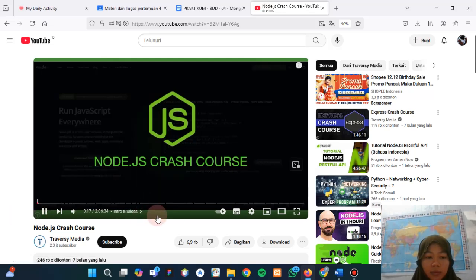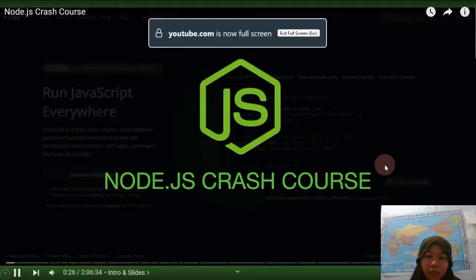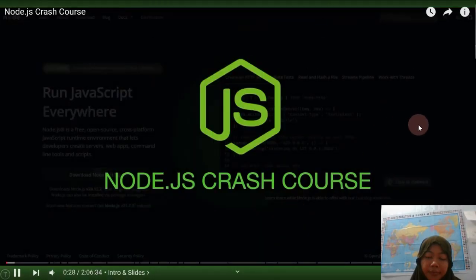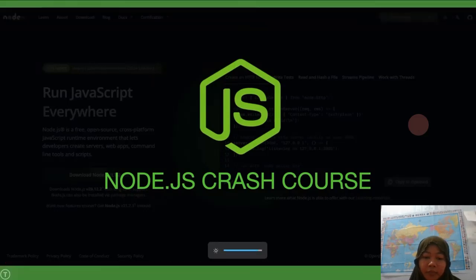Not using any frameworks like Express. When you build an app or an API, 99% of the time you use a framework like Express or Fastify or Adonis or something like that, which really makes things easier and gives you the tools to create routes and add middleware and just makes things a